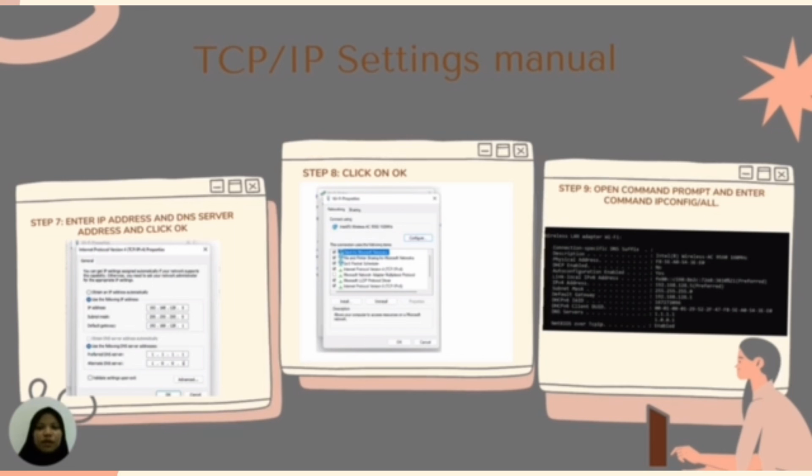We use the available address that is assigned for the address of the ULEN system server and click OK. Next, click on OK. And lastly, open command prompt and enter the command ipconfig /all, and you can see the IP address, default gateway, and DNS server